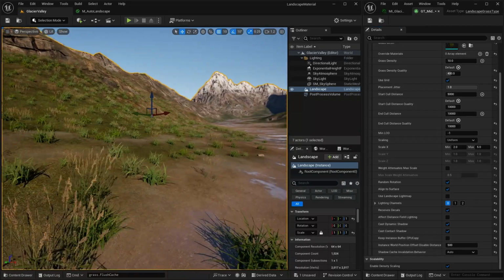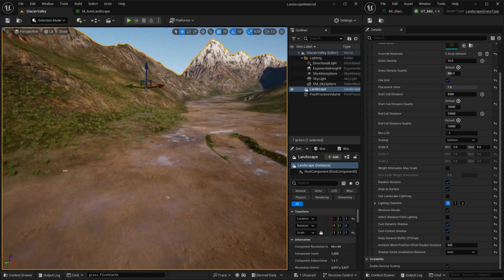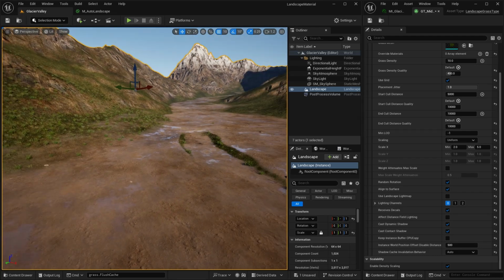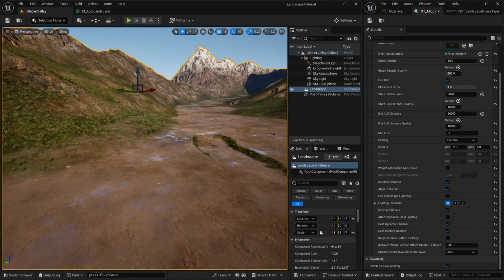Okay, so we actually covered a few more things than just the basic landscape grass types today, but I hope you found them useful. And in the next episode, we're going to look at another way of generating your foliage, rocks, trees, etc., using procedural content generation.